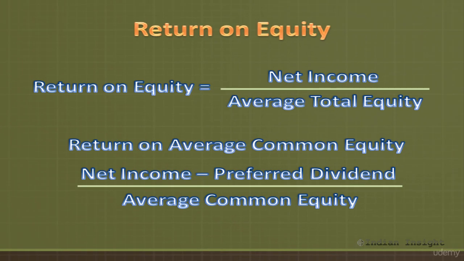Another important ratio is the return on equity, which measures the returns earned by a company on its equity capital. Now, equity capital includes minority interest, preferred equity, and common equity. This ratio is calculated by dividing the net income minus preferred dividends by average common equity. Preferred dividend is deducted because the company is required to pay this dividend to the preferred shareholders, and hence the income available to common equity shareholders is reduced to that extent.